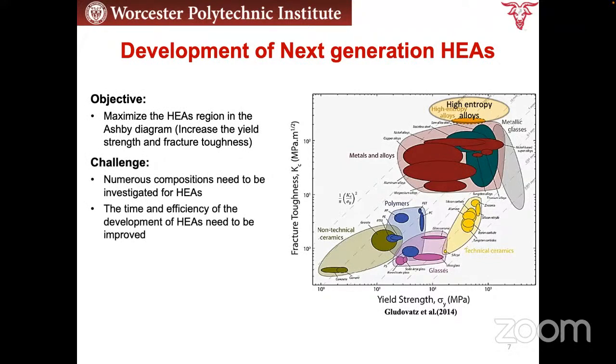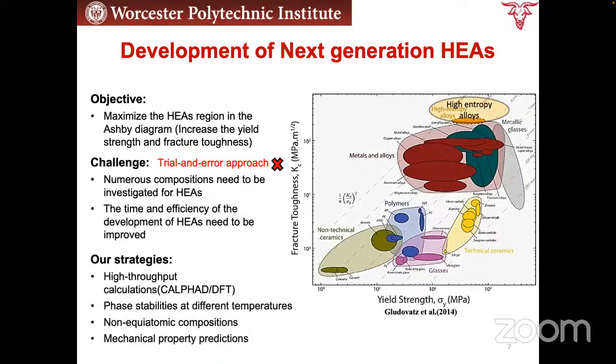But to work on the high entropy alloy, we have challenges here, right? Because high entropy alloy, if you know its definition, we typically need 4 or 5 elements there. And if you talk about the composition, there are a lot of compositions. So it is difficult for us to develop the high entropy alloy with pure trial and error, a pure experimental approach. So what do we do?